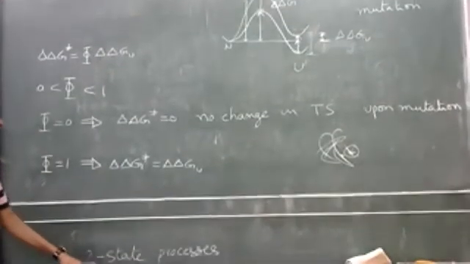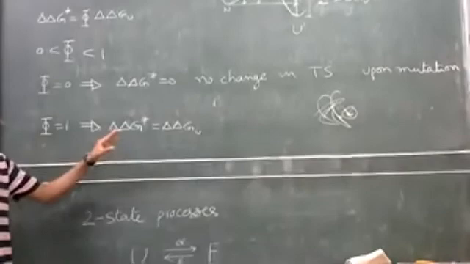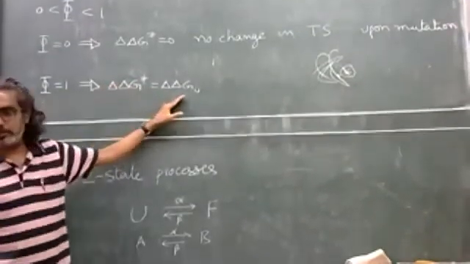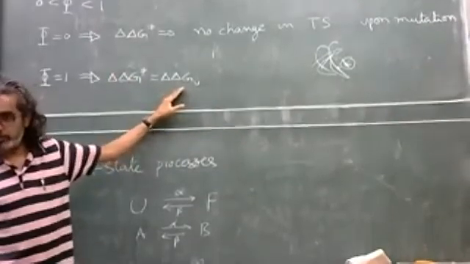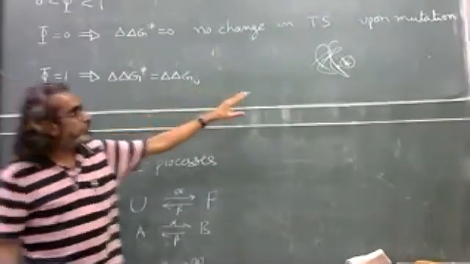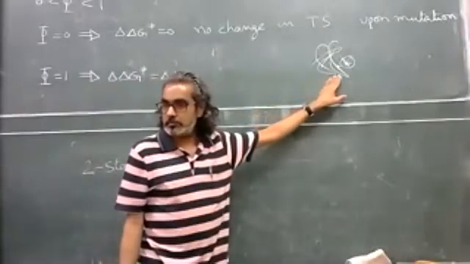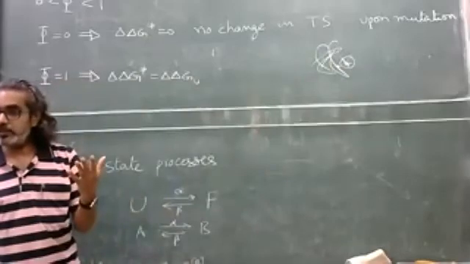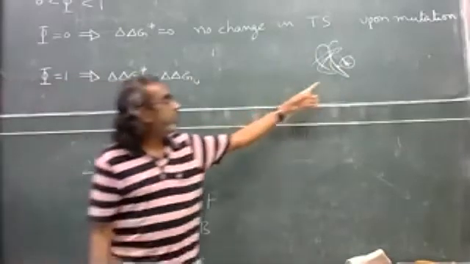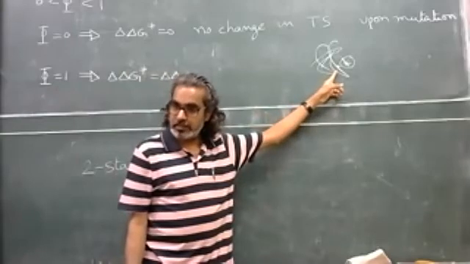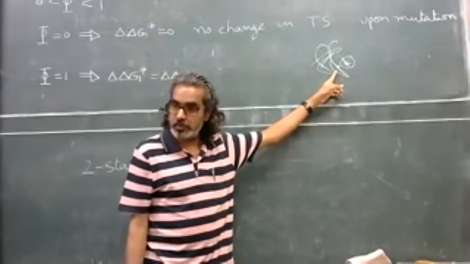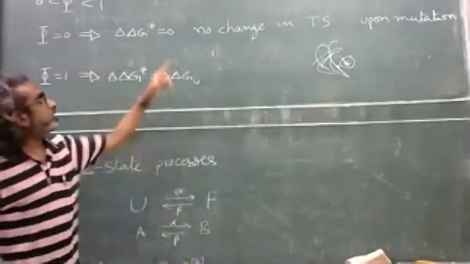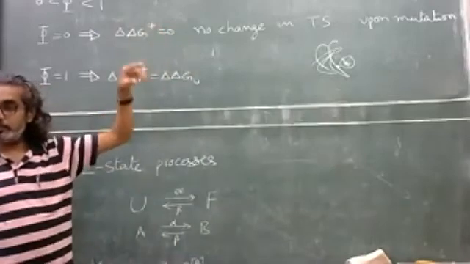So when phi equals 1, the change observed in the transition state energy is exactly the same as the change observed in the unfolding free energy. That means the position where the mutation occurred directly participates in the transition state. In one case, it's the native wild type amino acid; in the other case, it's the mutant amino acid. These two amino acids are different in the transition state, so the energies are different, and they are completely participating.